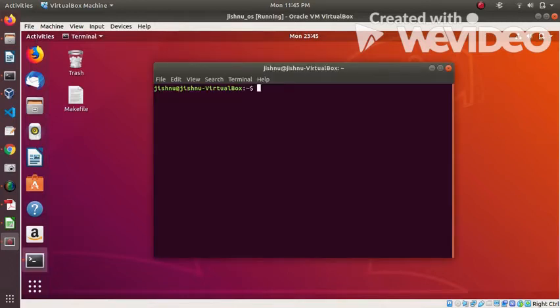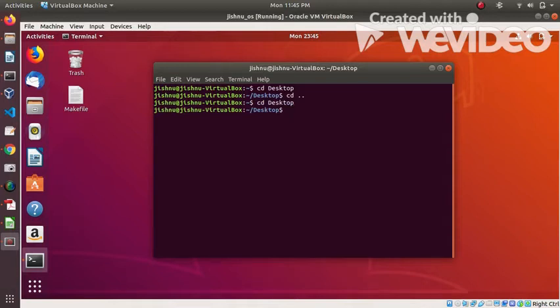Okay, so the first and one of the most used commands is the cd command. This changes the present working directory to the directory given along with the cd command. So if I give cd desktop, our present working directory becomes the desktop. And cd space dot dot will take us back to the outer directory. We'll be seeing most of our commands on the desktop itself, so let's go back to the desktop.